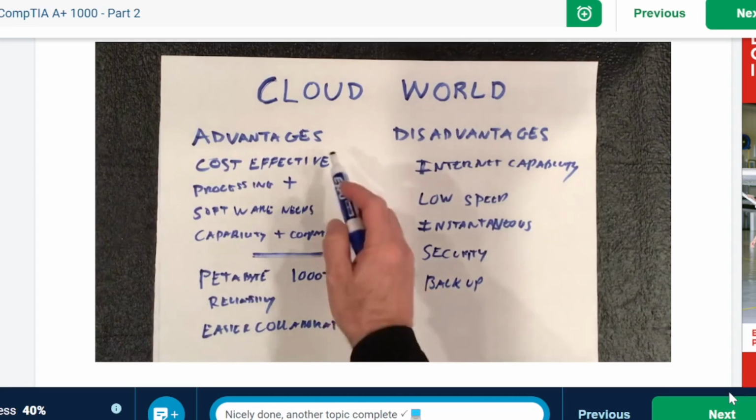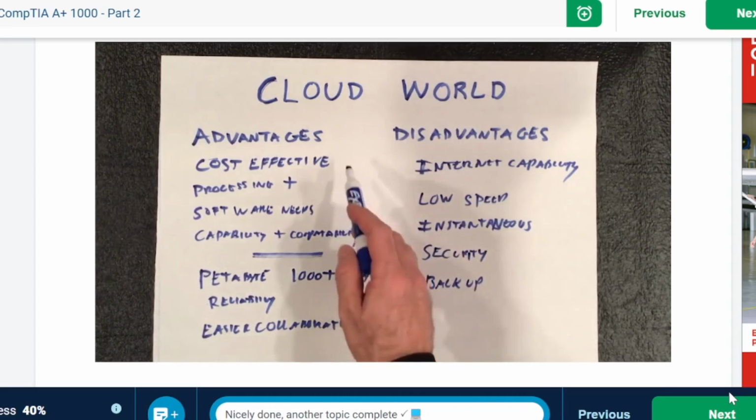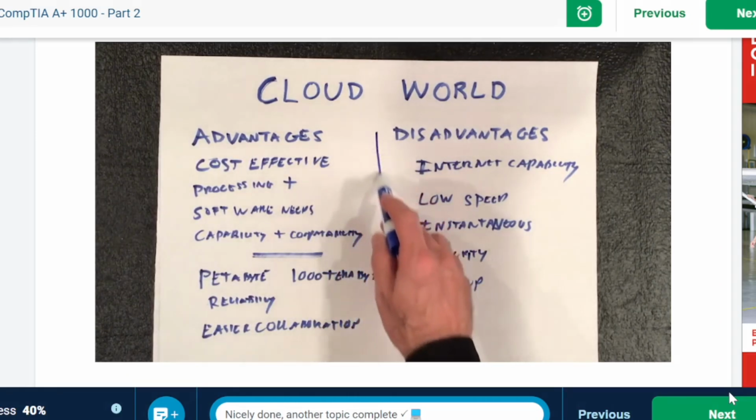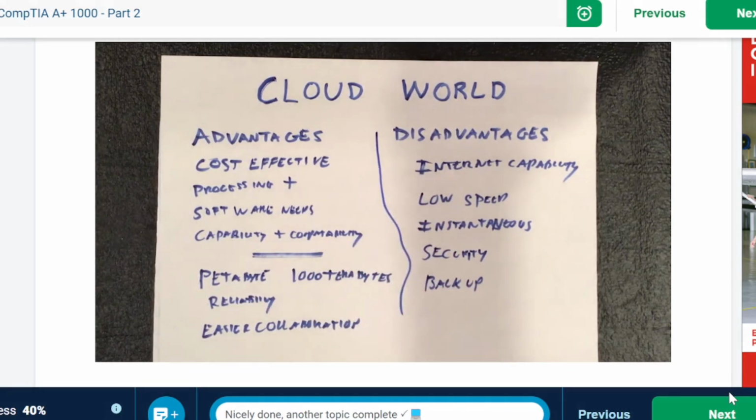I think you can see, just looking at the left and the right here, the advantages far outweigh the disadvantages as far as IT professionals and what we do. So part of your work as a CompTIA A+ certified professional will be helping people choose the companies they want to use as providers, helping them determine how much memory they need based on their usage, and how to actually boot up or get the software or network going into the cloud. So that's our primary duties there.